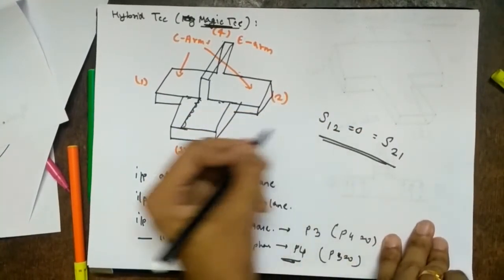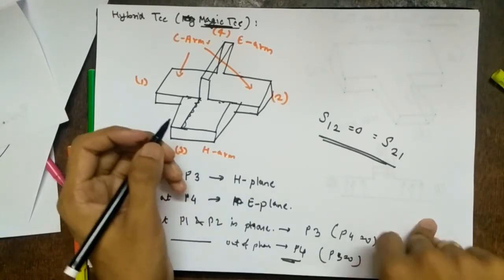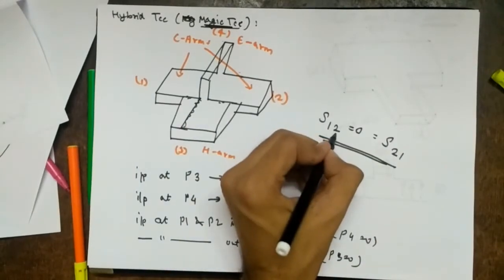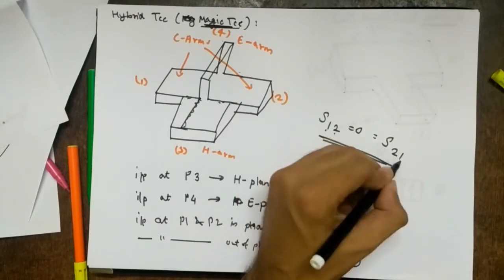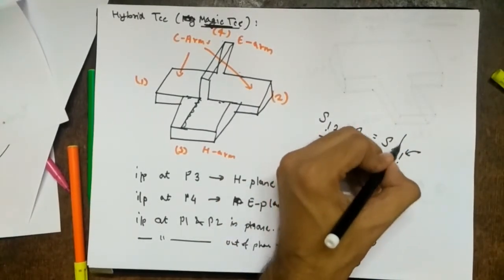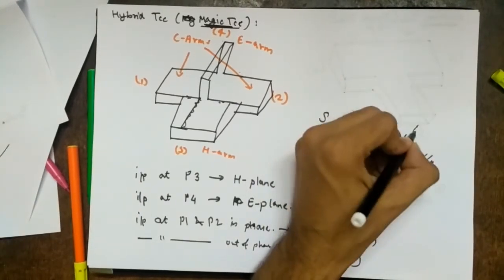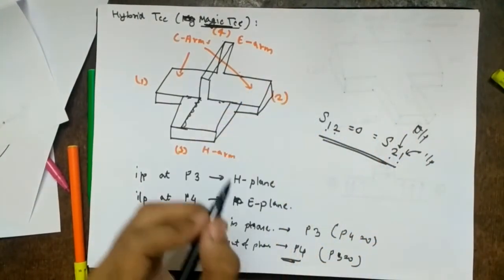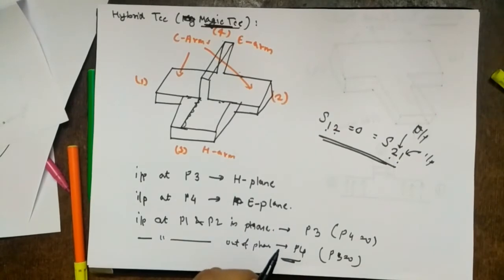So this will be required for what? Deriving the S matrix, right? Again, port 2 to port 1, 0 power. Port 1 to port 2, 0 power. It means when port 1 is excited, this is input, this is output. This way you can remember for S parameters. Okay, so let's derive the S matrix.